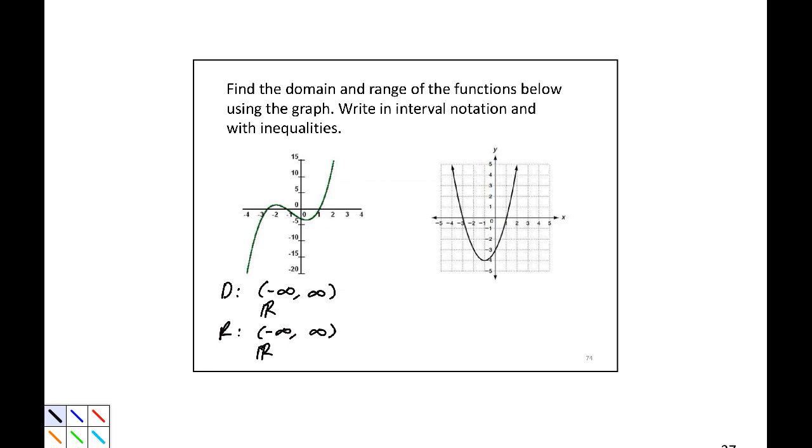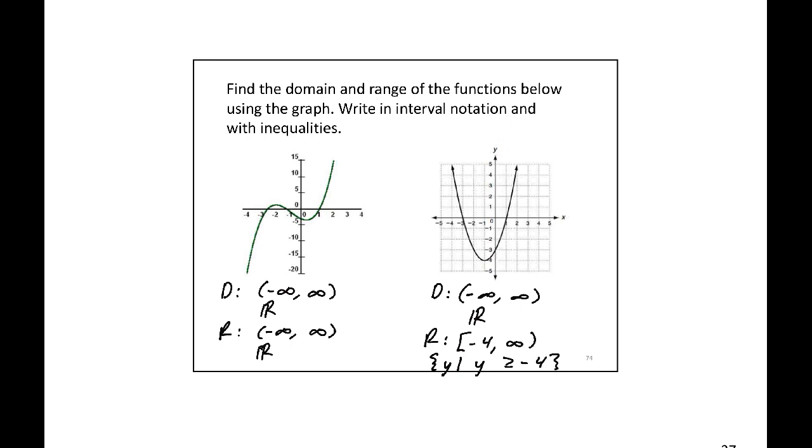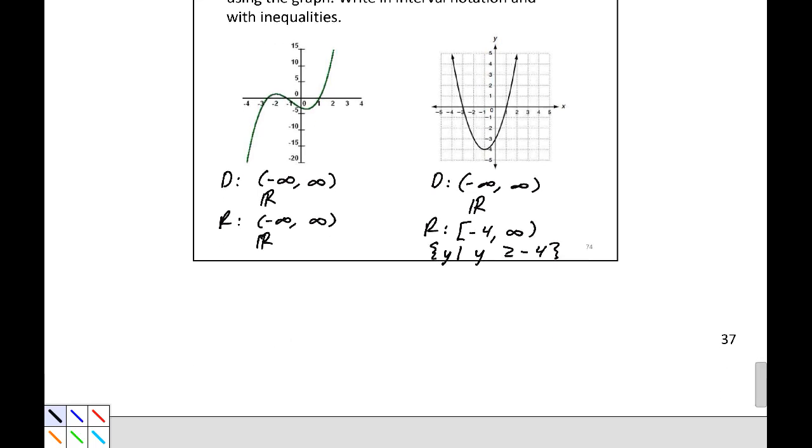All right. Our last graph, going left, going right. It does not stop. But there is a lowest point. The lowest point is -4 going to infinity. And this would be y such that y is greater than or equal to -4. And you can see that from the graph as well. The function is greater than or equal to -4. All right, and that